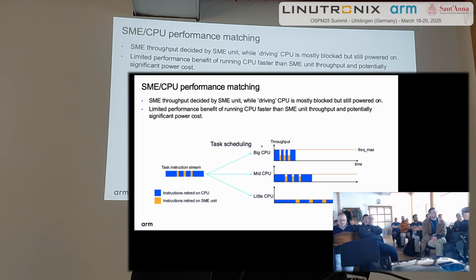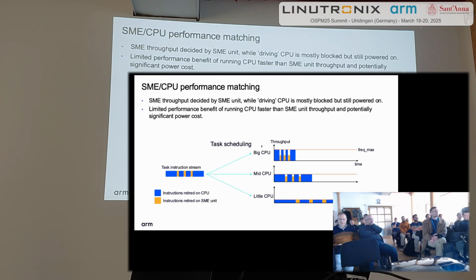So if you want to compute as fast as possible, you probably want to split your workload in a way where some CPUs use SME to accelerate the work, and others use regular vector instructions. And if you do it that way, what we expect to see is that the uplift of using SME on the big core is not very big, because it has very high-performing vector implementations. So the performance gain you get from going from vector to matrix is small, whereas if you run it on the medium CPU, you see a much bigger increase because their vector implementation is weaker